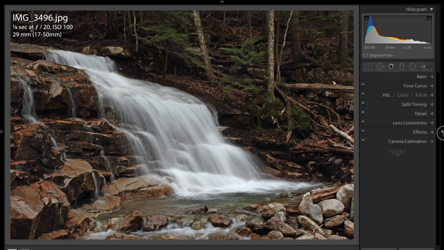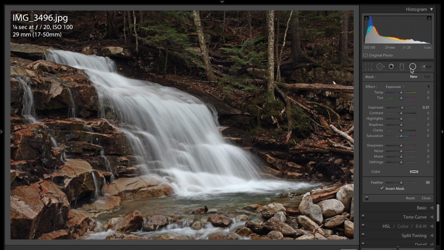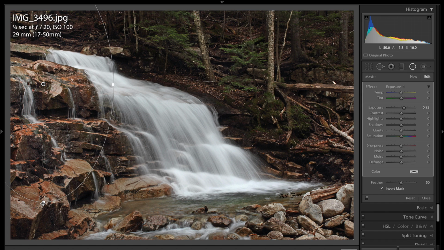And it's real easy to do in Lightroom. You could use the radial filter, and you would invert the mask, and you would turn the exposure up, and you could just draw some